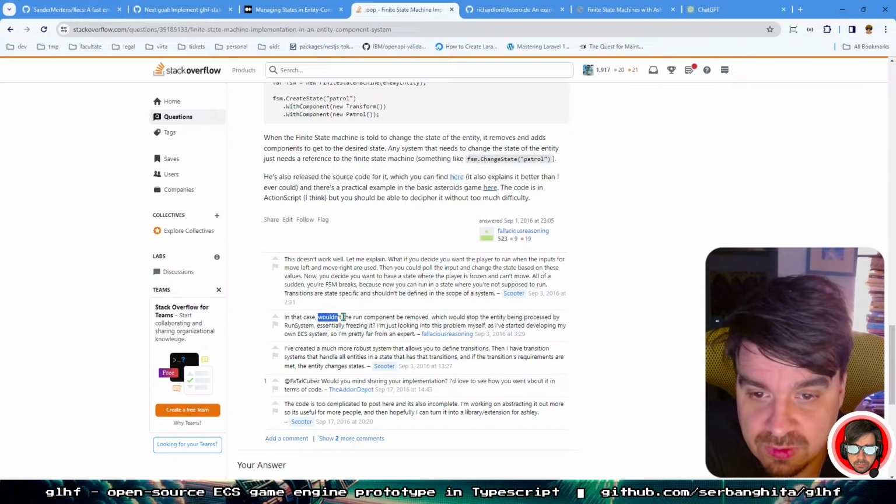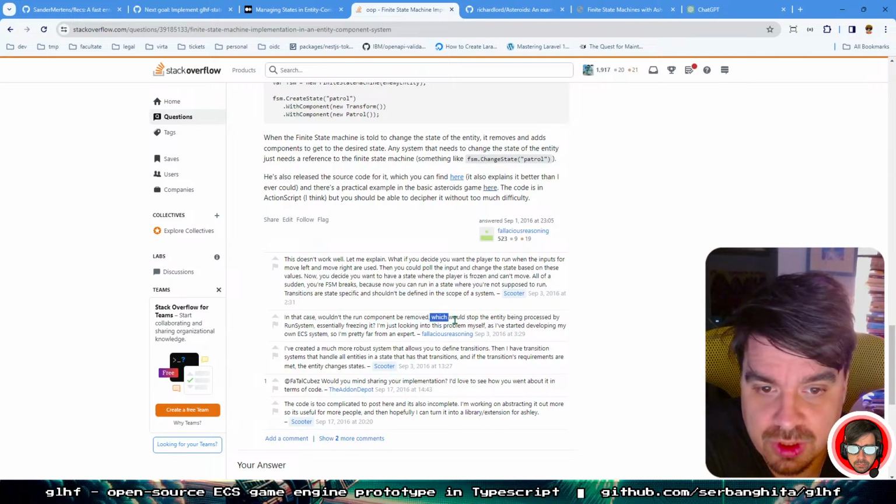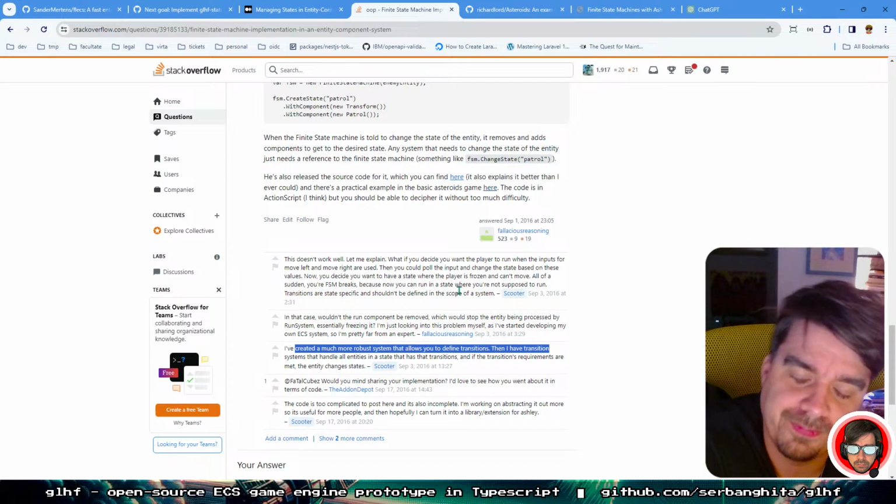In that case, wouldn't the run component be removed, which would stop the entity being processed by the run system, essentially freezing it? I'm just looking into this problem myself. I've started developing a much more robust system that allows you to define transitions. Then I have transition systems. So if the player is frozen, you have to broadcast that in order to update the query